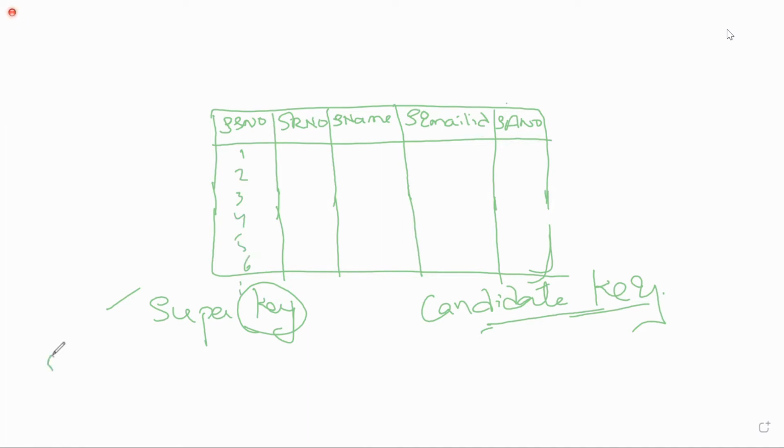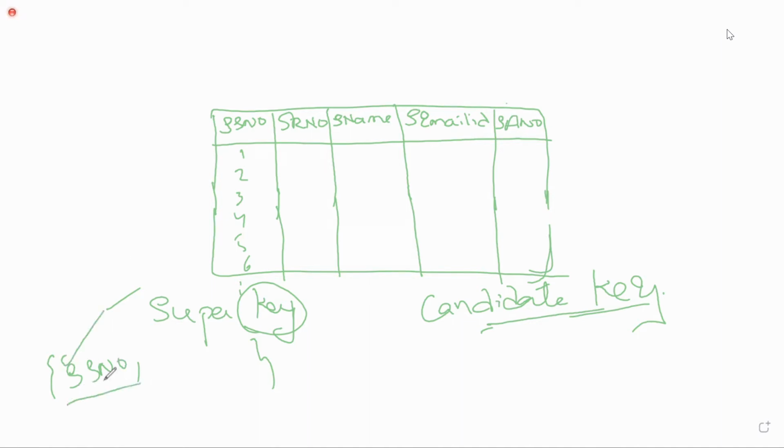Now tell me students, why every time should we take the student registered number as a primary key? Why not student email ID as a primary key? See, it is nothing but this set, the super key, which gives us the information of unique records with a combination of attributes. Maybe a single serial number also, which will be unique only. Maybe it identifies the records uniquely.